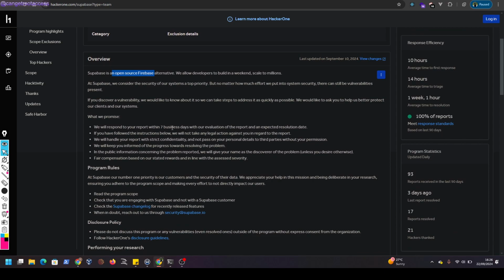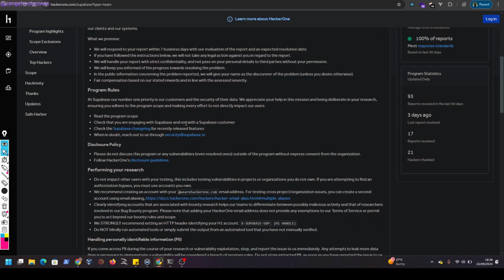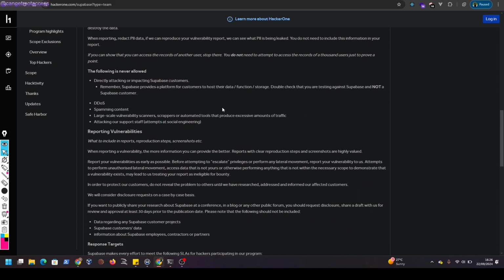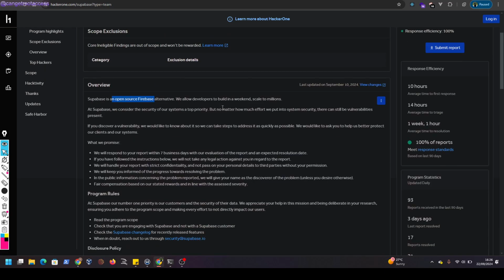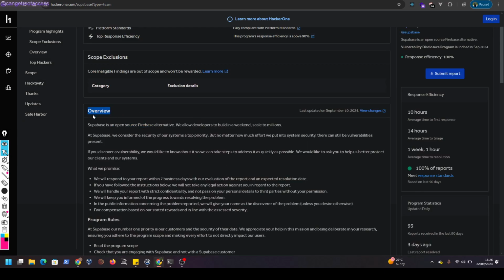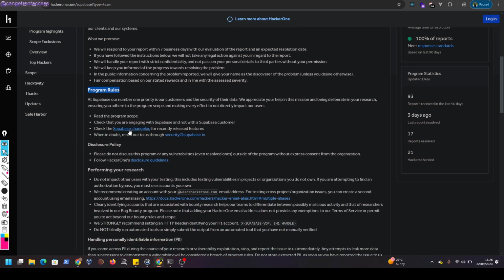and the more you learn about the target, the easier you find it to find vulnerabilities, since you will learn what it does. The more you learn what it does, the more you learn the technicals and the business rules of attacking the target. So you'll have an overview of what they do and what they promise. Then you'll have some program rules. You'll have to read the program rules,